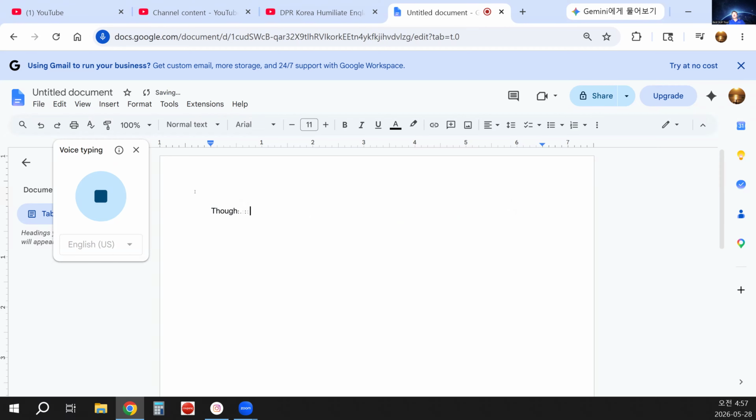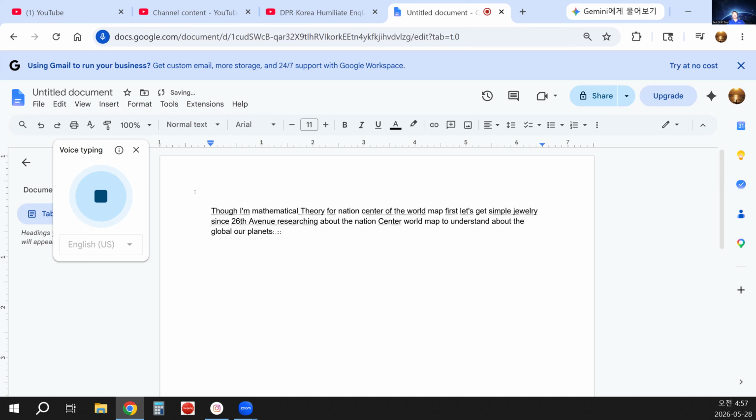The mathematical theory for the nation-centered world map. First, let's get simple. The simple theory. Since 26, I've been researching the nation-centered world map to understand the globe, our planet, directly on the map,